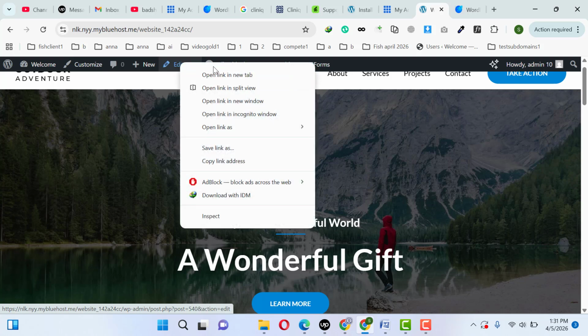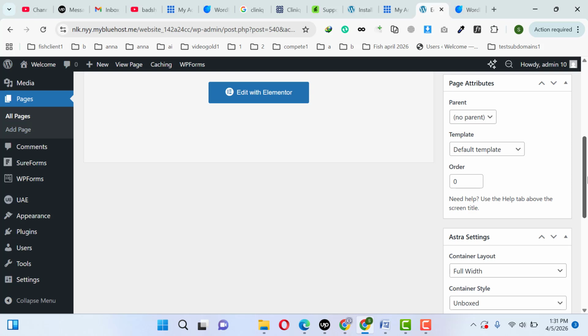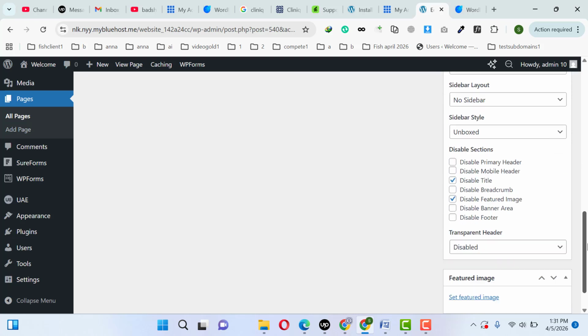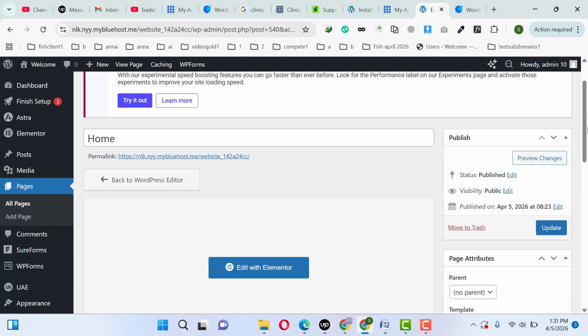and then click here, edit page, this one, then scroll down, and after that here you can see this one disabled. Simply you can click here, enable. After that click on the update button,